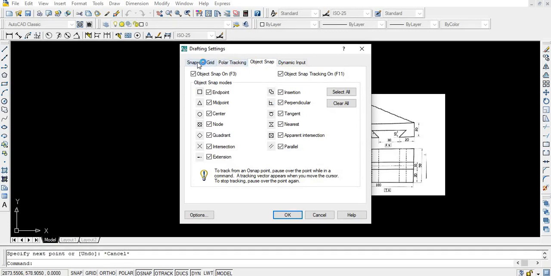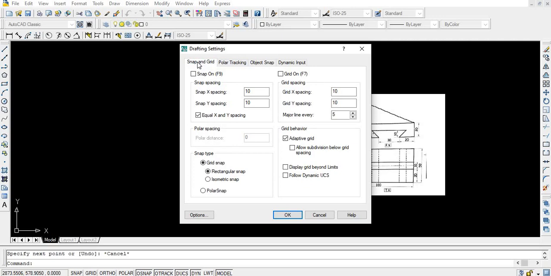Now go to the first option, snap and grid. In the downward section there is snap type. There are two, grid snap and polar snap. We are interested in grid snap, and again in grid snap we are interested in isometric snap. Here it is rectangular snap and the second one is isometric snap. Now click on isometric snap.